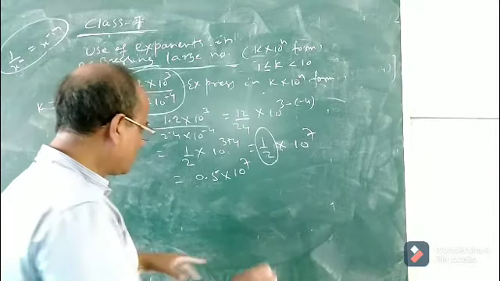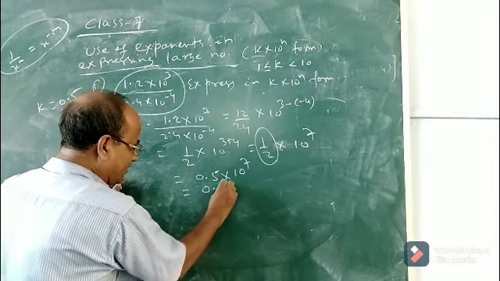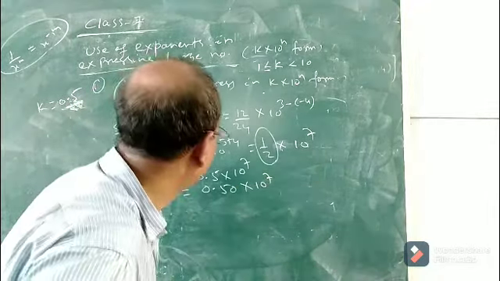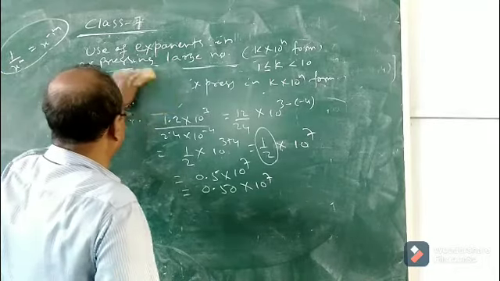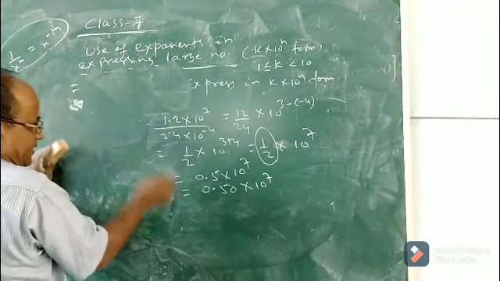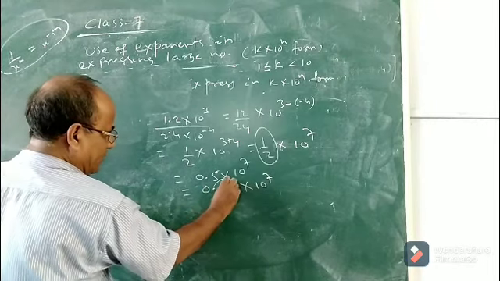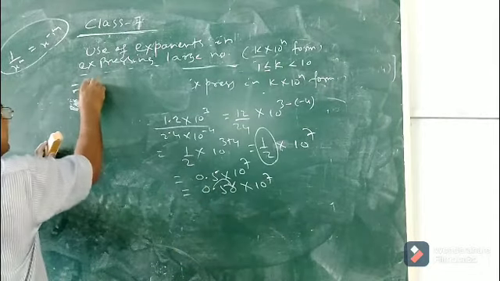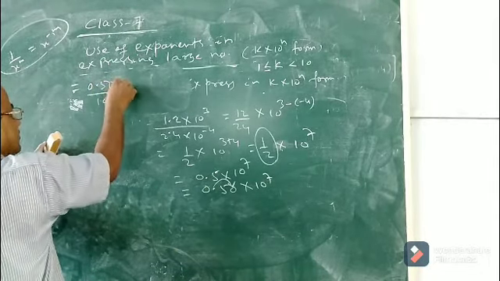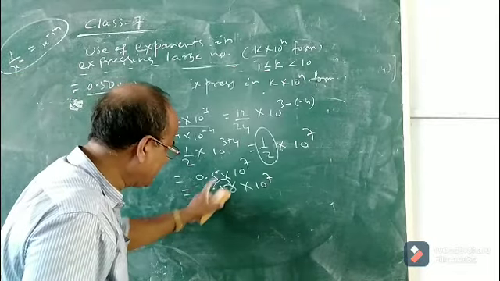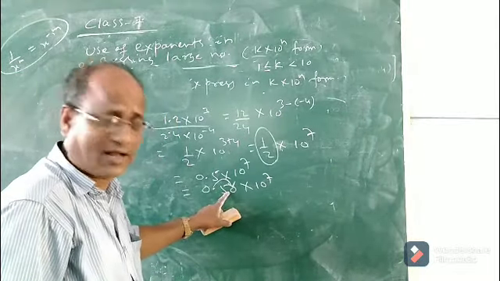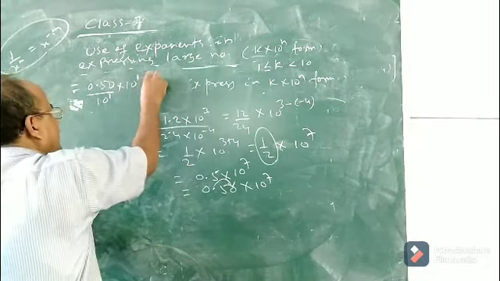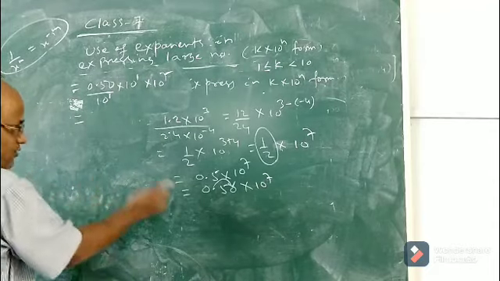So we have to bring it again. So what will we do? See, 0.5 means it is 0.50 into 10 to the power 7. Now see, what will be our next step? The next step is, now this point you have to shift one place towards the right. So it is 0.50 by 10 into 10. As you shift this decimal point one place to the right, you divide by 10 to the power 1 and multiply by 10 to the power 1, and this is 10 to the power 7.